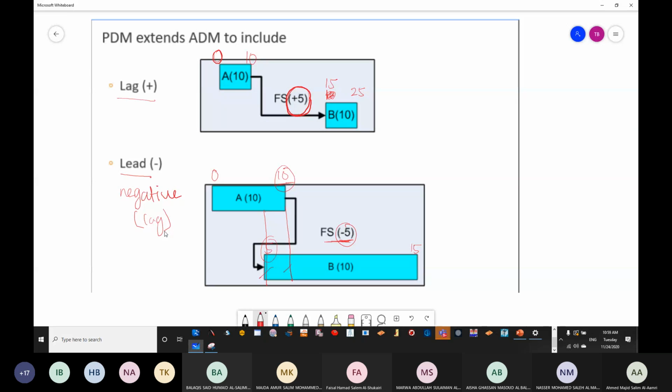Now we have finished the advantages of the BDM. We said the BDM has extra things over the ADM, which are the lag and lead, and the other thing, which is the relationships. We said instead of having only one relationship, we are going to have 4 relationships. Now returning back to our basics,